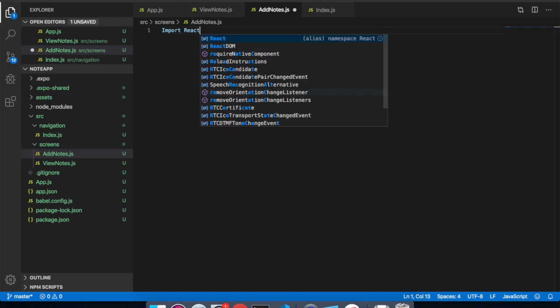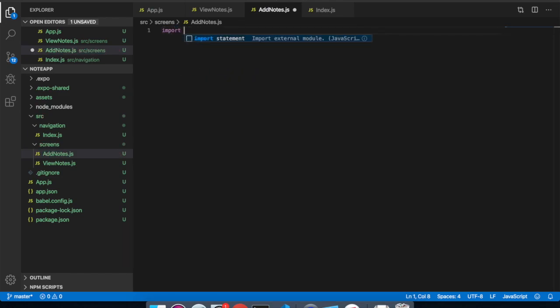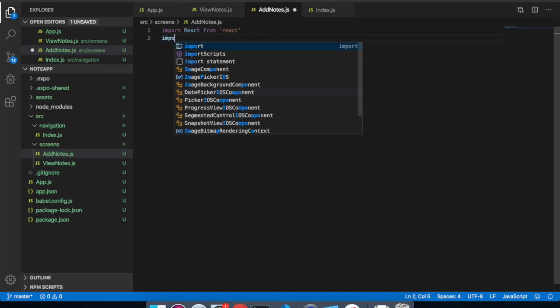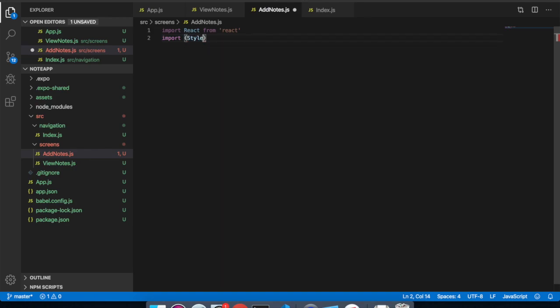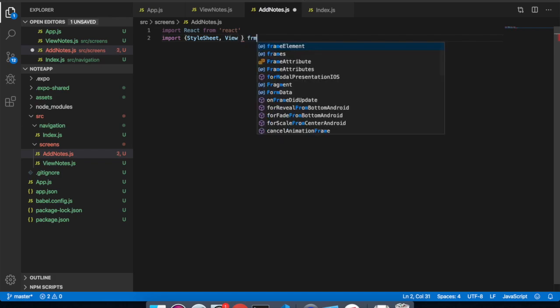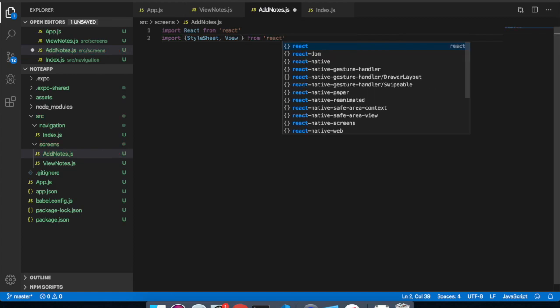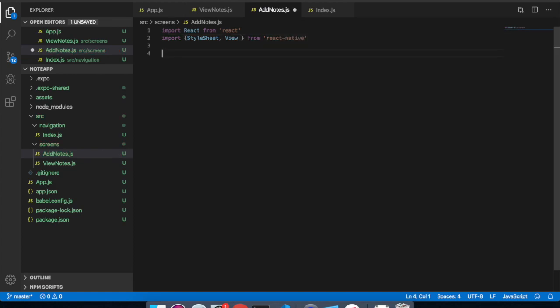So import React from react, then import StyleSheet, View from react native, then import Text from